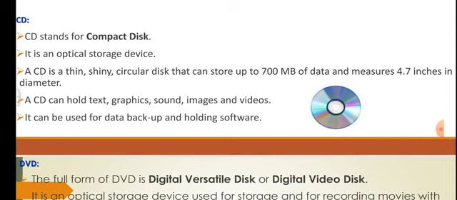A CD can hold text, graphics, sound, images, and videos. It can be used for data backup and holding software. Students, many of you have used CD in your homes for watching movies, for listening songs, for playing games, etc.